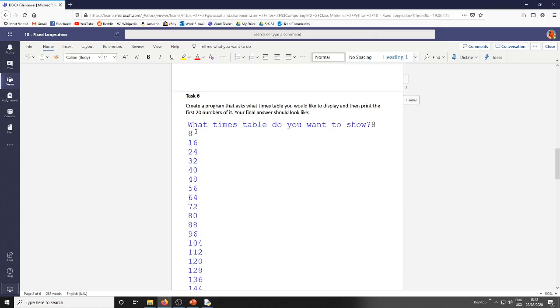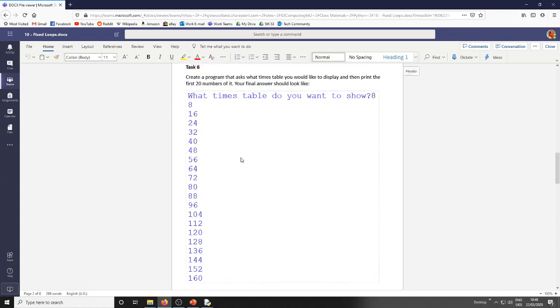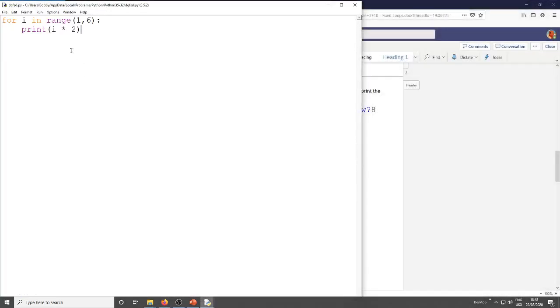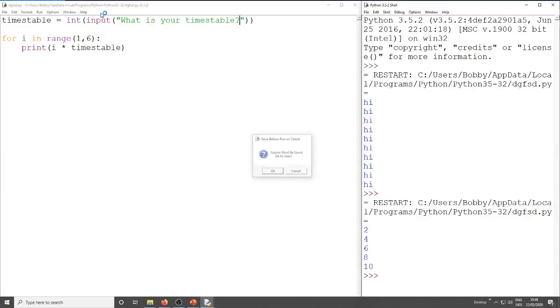A slightly more complicated one is to create a program that asks what times table you would like to display, and then print the first 20 numbers of it. Your final answer should look like this. So what you can do is just go times table, ask a question, times table equals, remember this is an int input, what is your times table? If you enter it,